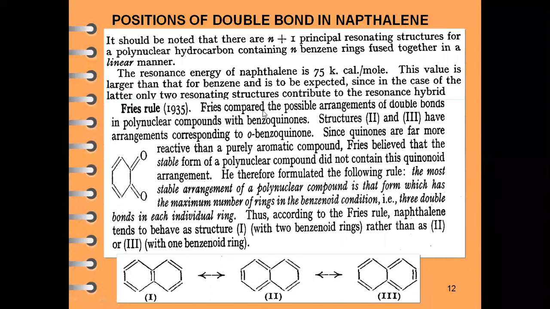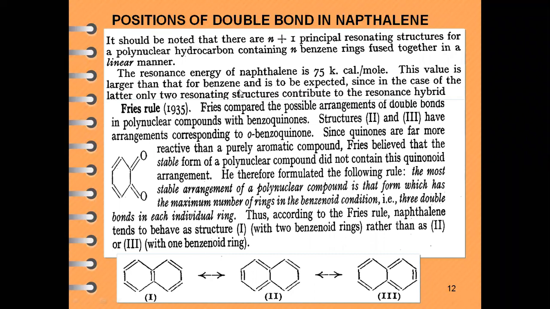Since structures 2 and 3 have arrangements corresponding to the orthobenzophenone, out of these three resonating structures, structure number 2 and structure number 3 are resembling, looking similar to that of this